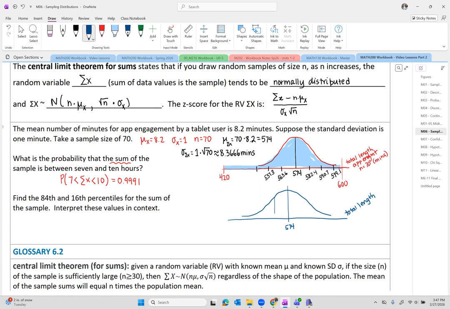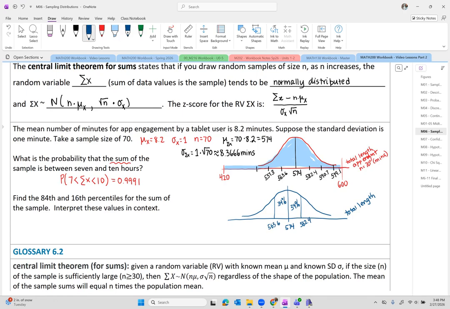But the first standard deviation gives us the middle 68% of the data, which gives us 34% below the mean and 34% above the mean, one standard deviation above the mean, which is 582.4,